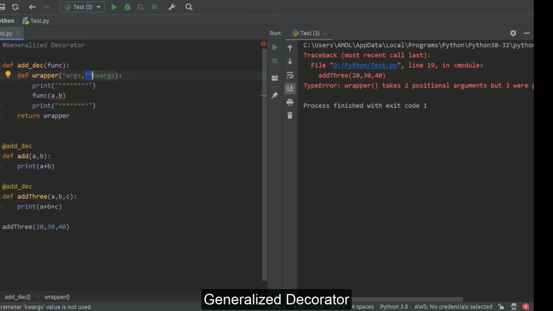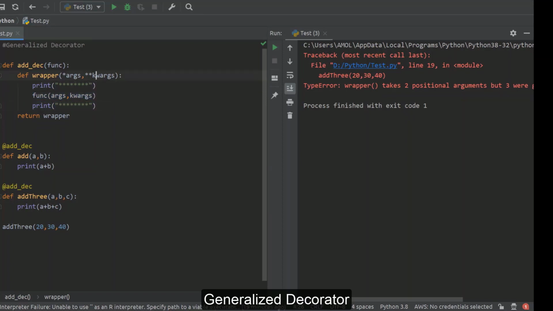If your function takes two arguments, first one any number of positional arguments, second one any number of keyword arguments, it means that it's a generalized function which works for any number of arguments. So here also we'll write down args and kwargs. Now this wrapper function will work for any number of arguments.